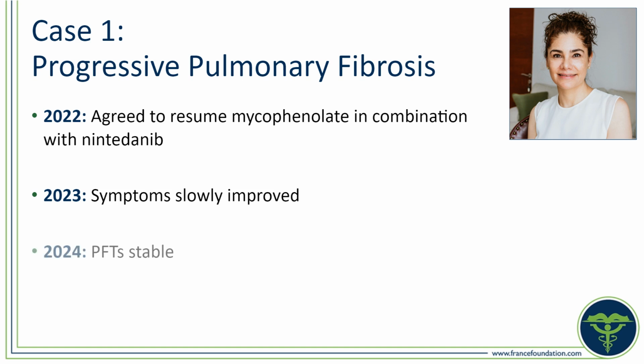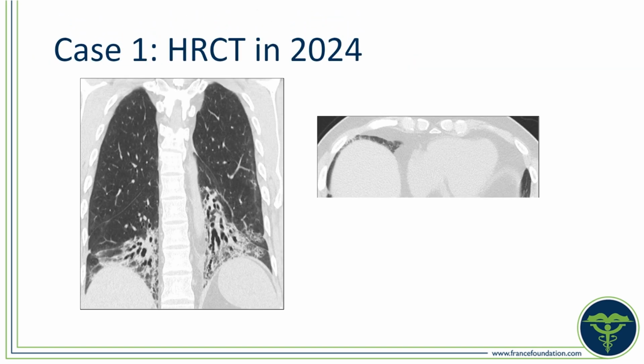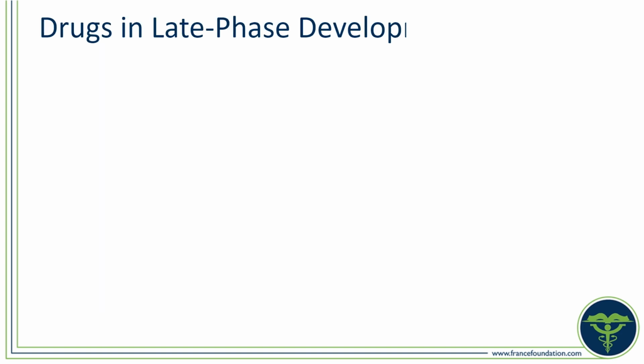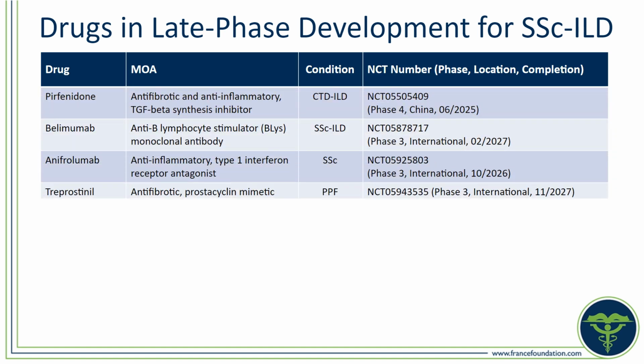In 2024, her pulmonary function tests were stable, but you can see on her CT that she's had some interval progression of her ILD. You can see there's been progression of the degree of traction bronchiectasis as well as the degree of reticulation. I feel fortunate that there are a number of drugs in late phase development for SSc-ILD, and